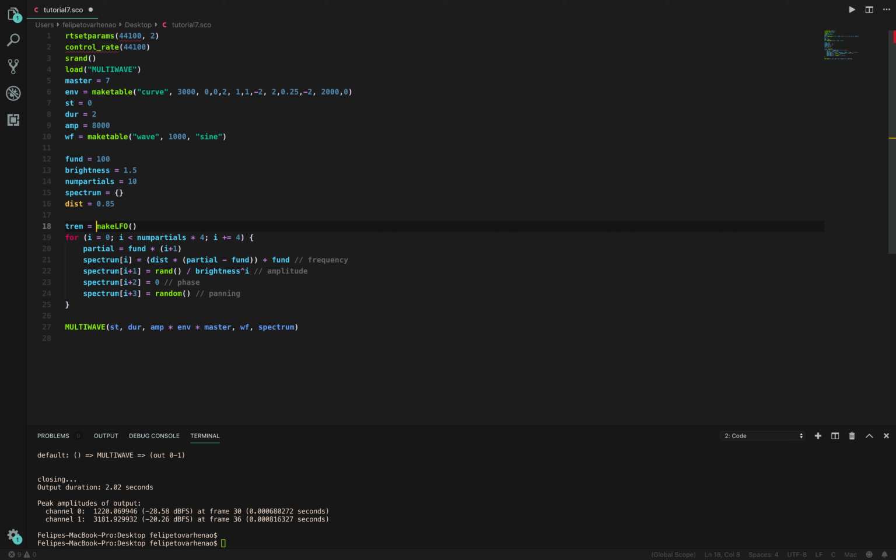So let me create this variable called tremolo, trem. And make LFO takes 4 arguments. The first one is the wave type, so I'm going to type sine. Then the next one is the frequency, so let's say 5 Hertz. And the next 2 arguments are the minimum and maximum amplitude, so I'm going to say 0.5 and 1. And all we have to do to get the tremolo is multiply this variable with the make LFO function with the amplitude. So I can say amplitude times trem, and if I play this,